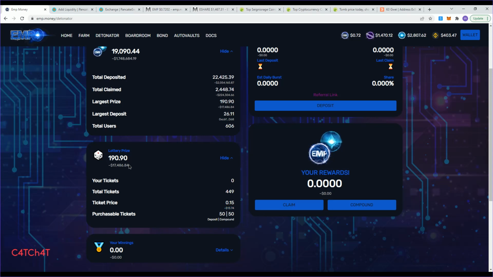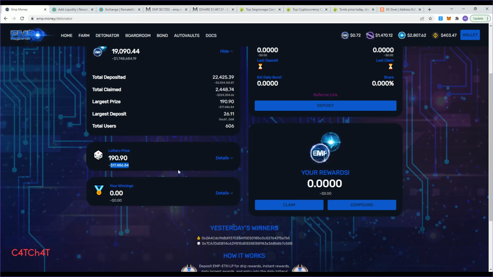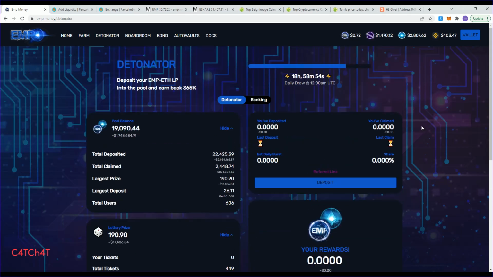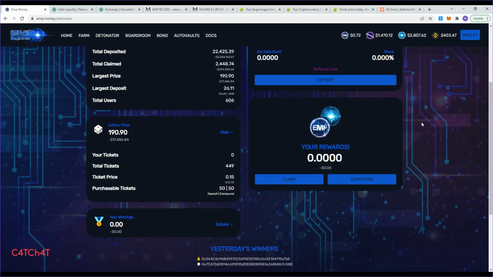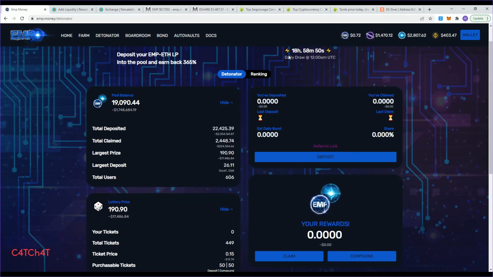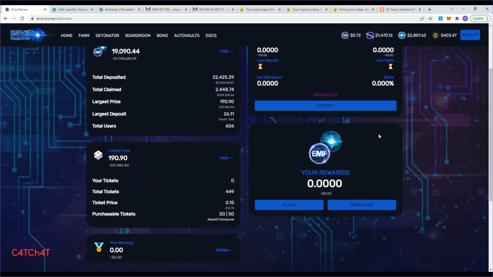And you can see the current value of that is $70,486. Now that will change based on the price of EMP and Ethereum changing every second. So what we want to do here is click deposit.